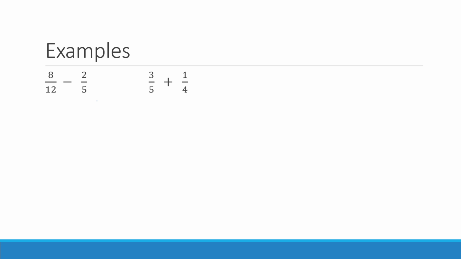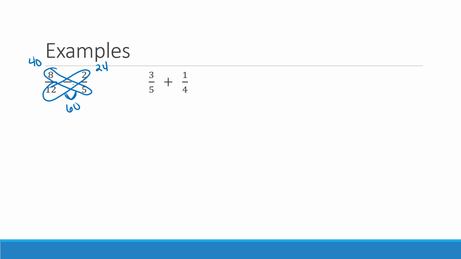Now remember, multiplication and division, it doesn't matter. Addition and subtraction, it does matter. So the method that I like to use for addition and subtraction, it looks like a butterfly. It basically uses cross multiplication. 8 times 5 gives me 40. 12 times 2 gives me 24. Now the thing with the butterfly method is a butterfly needs a body. So you have to multiply your denominators as well. 12 times 5 is going to give me